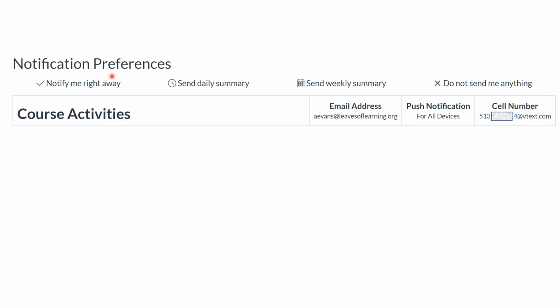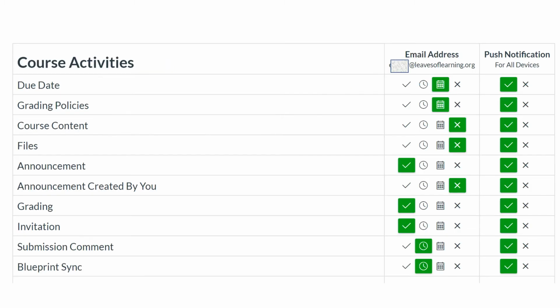Your options when you are telling Canvas how you want to get information is you can get things right away. And this might be useful if you're a person who checks your email frequently, or if you are a person who likes to do text messaging. You can get a daily summary, and for some information that's fine. You can choose to have a weekly summary, or you can say, do not send me anything. All right, let's look at what all your options are. For me and my classes,